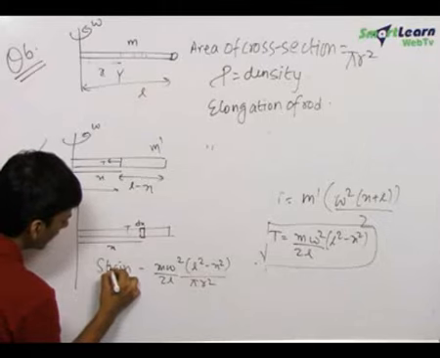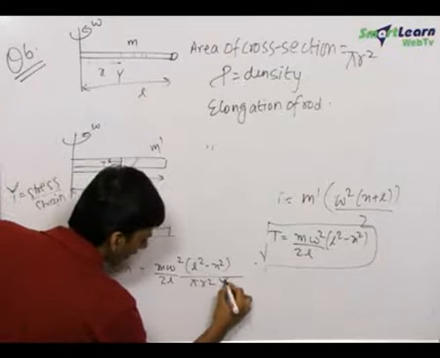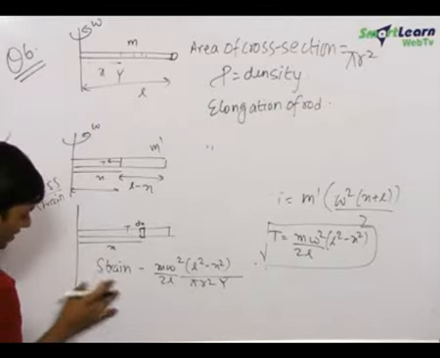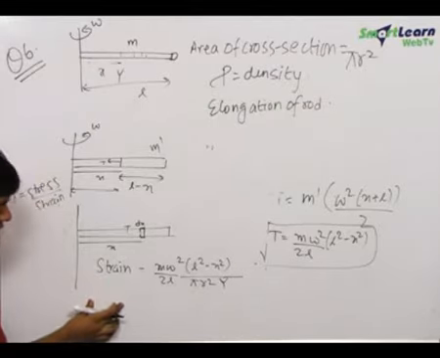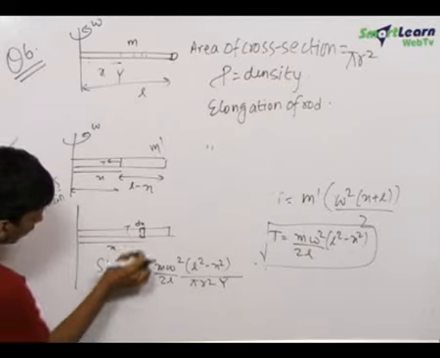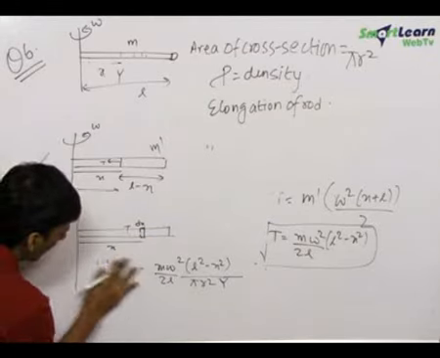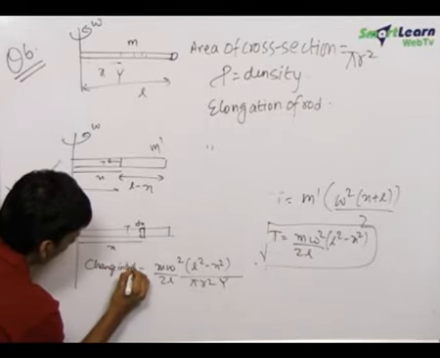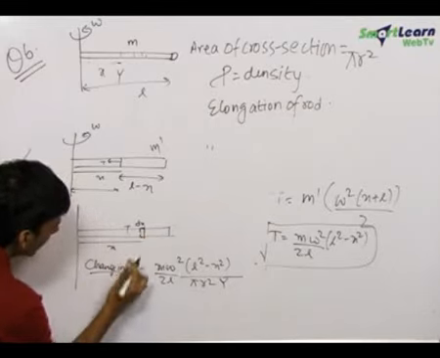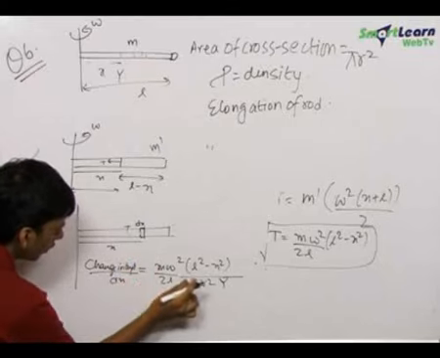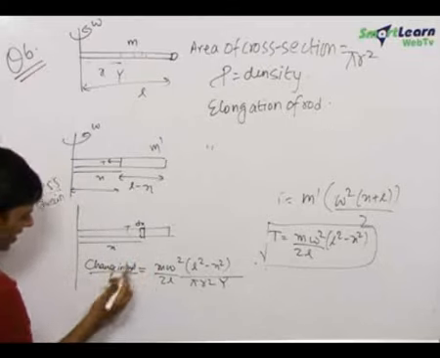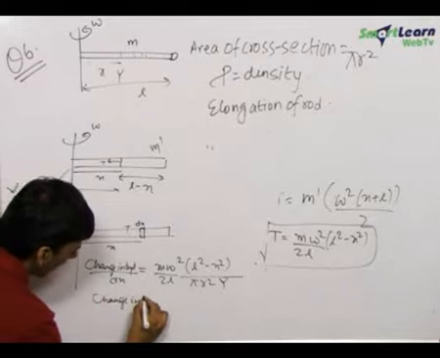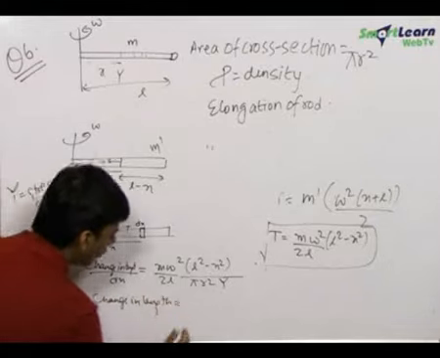Therefore, strain is equal to stress upon Young's modulus of the material of the wire. Now, we know that strain is equal to change in configuration upon original configuration. Now, the change in length of the element upon original length, that is dx, equal to this. Therefore, the small change in length can be written to be equal to